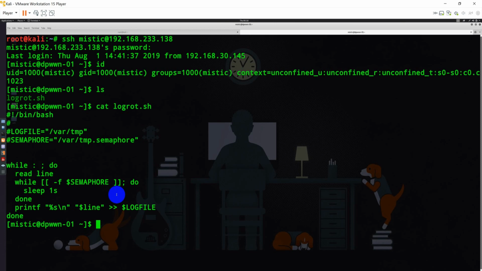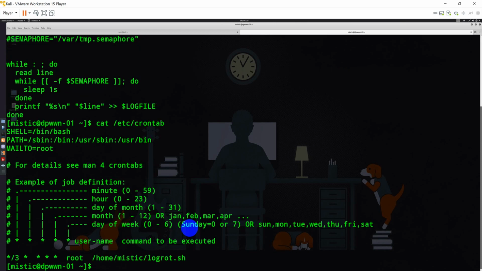There is another way of enumerating to get a privilege escalation. To view that, you can type cat /etc/crontab. This will tell you if any particular task has been scheduled earlier. Over here, the content says shell, bin bash, and mail to root, and there is a specific location.